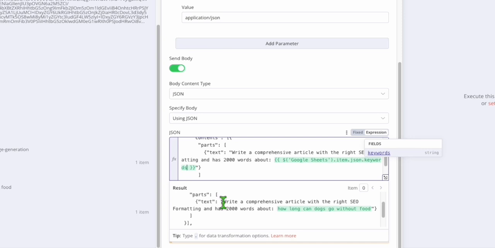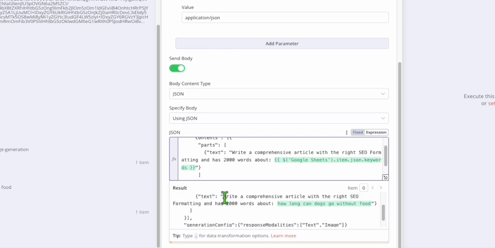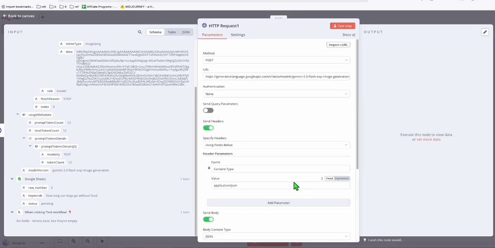So that's why I'm starting to like N8N as my primary automation tool. So here, write a comprehensive article about, and then this is our main topic. So let's see. Hopefully I won't exhaust my free tier because again, it has a rate limit because I'm using the free one. So let's test this if it's going to return